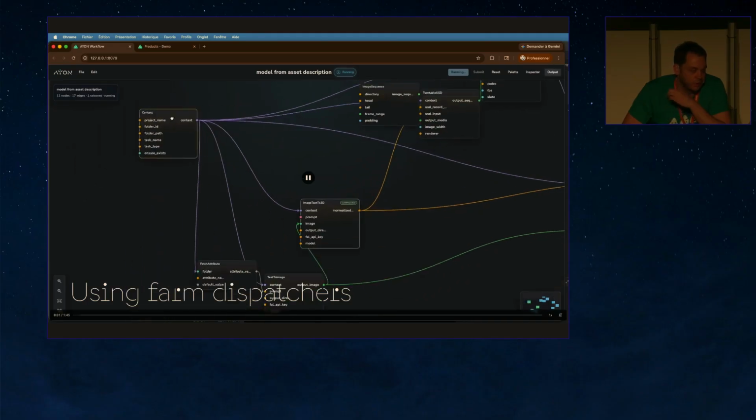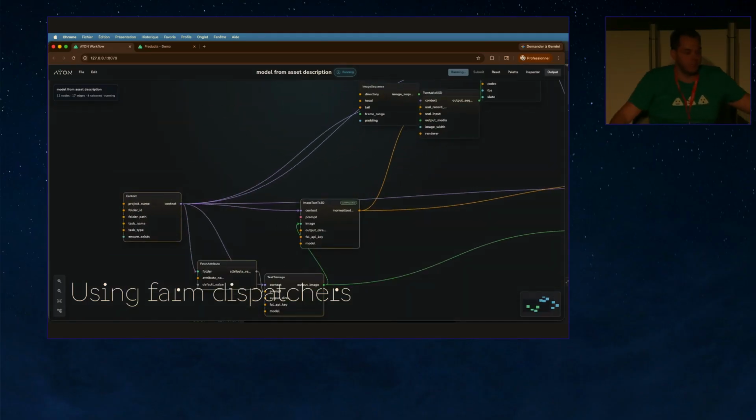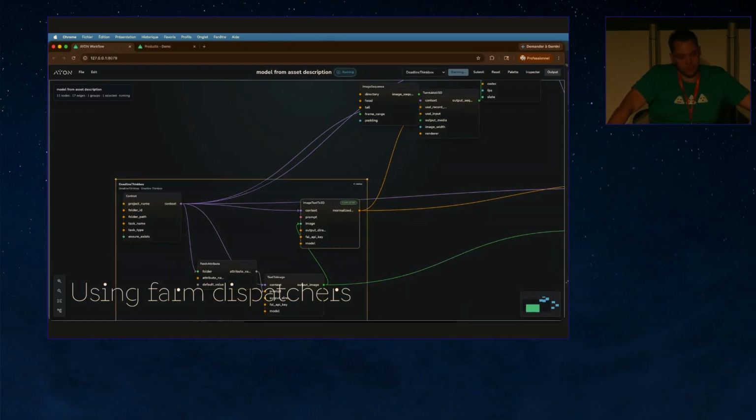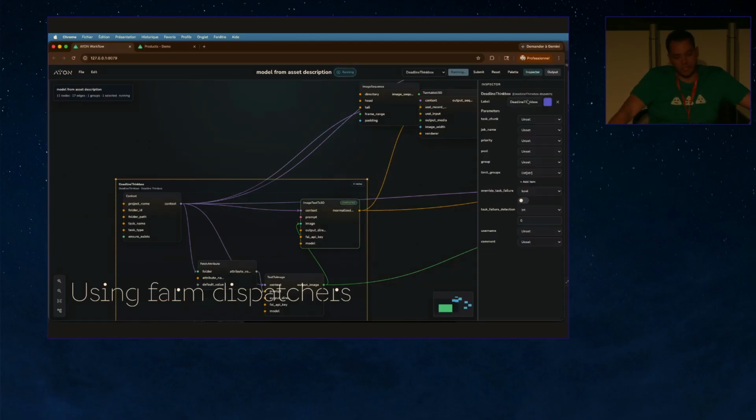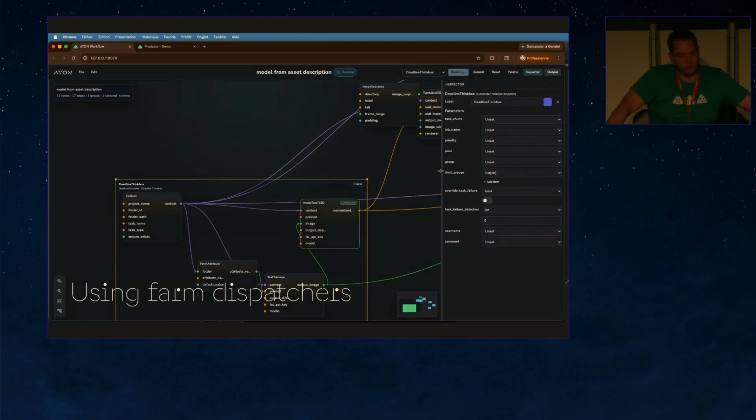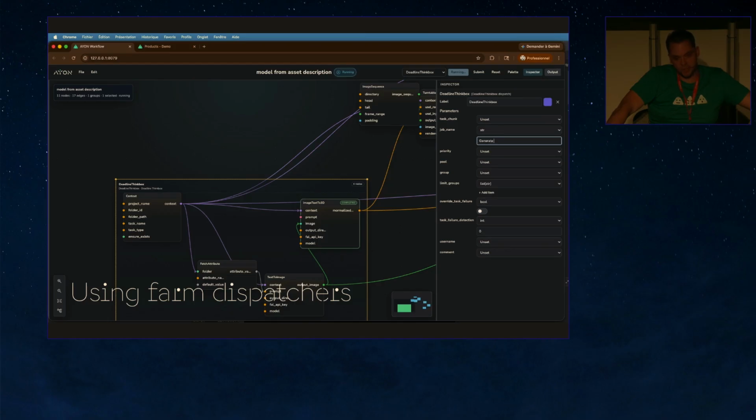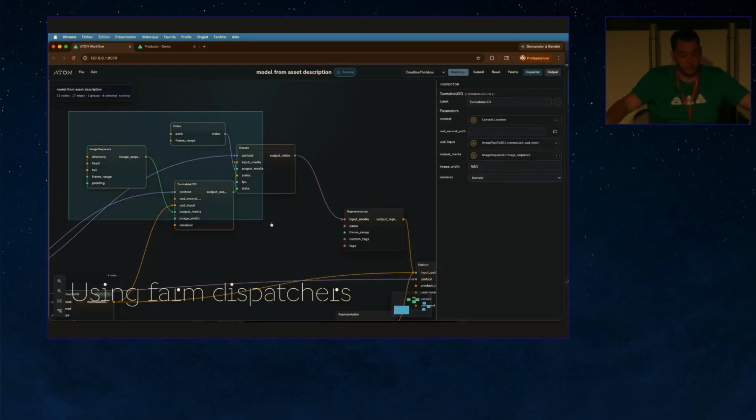Yes, I'm pretty sure. So in this case, we're going to do the same thing, but distribute it to the farm. So there's a few ways we can do this. We can do this with the API, but we can also prepare the graph to already go through, for example, Deadline. So we have dispatchers that go through different dispatchers,